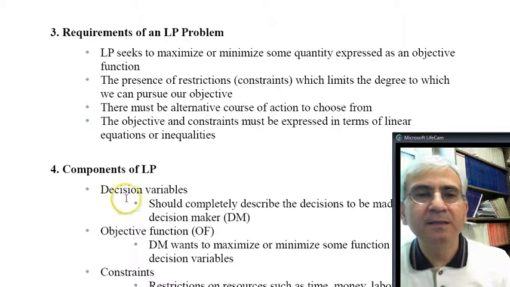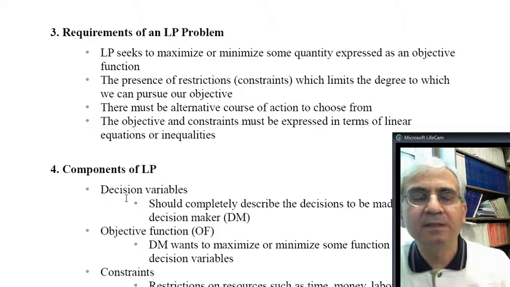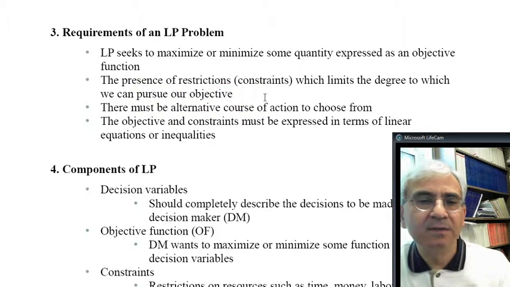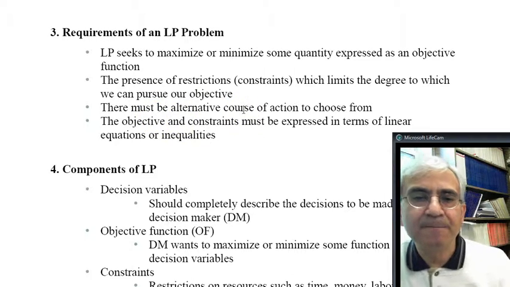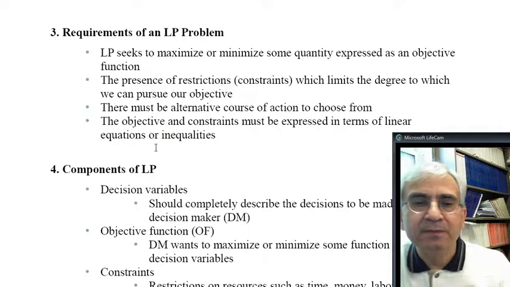Yeah, hi again. In this video, we continue with linear programming. If you remember, the requirements for an LP problem or linear program is we want to maximize or minimize some quantity. There will be restrictions or constraints that we need to factor in. And so there will be some alternative course of actions to choose from. These are called the decisions, and we have to express the objective function and the constraints as linear equations or